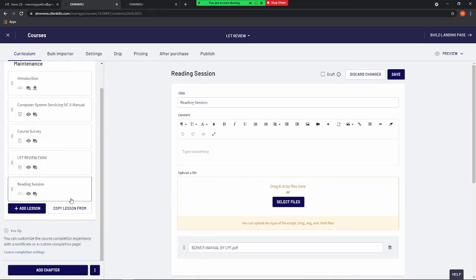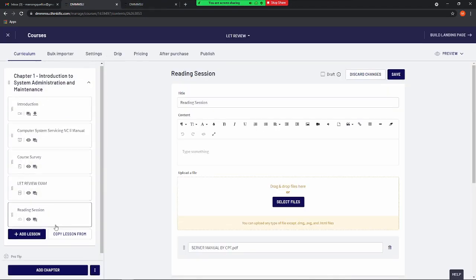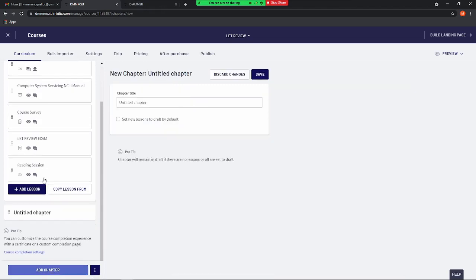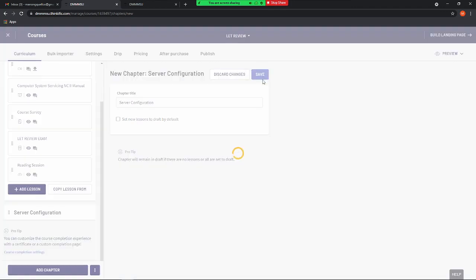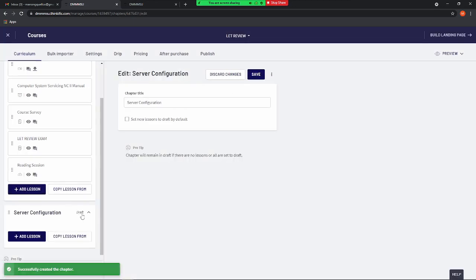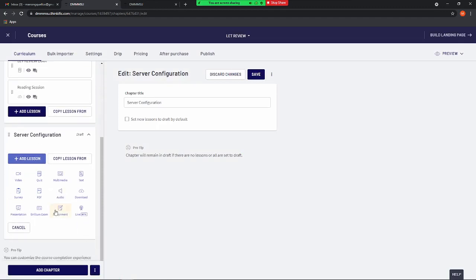So for another chapter, for example, tapusin chapter 1, you can provide here chapter 2. And then Untitled Chapter, you just change this one into server configuration, for example. Okay, and then let's just save it. And then maglalagay tayo ng bagong lesson. So as you can see here, naka-draft po yung server configuration natin because there's nothing yet na na-include na